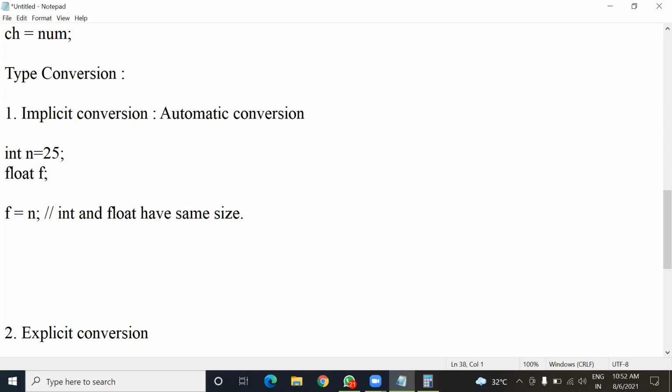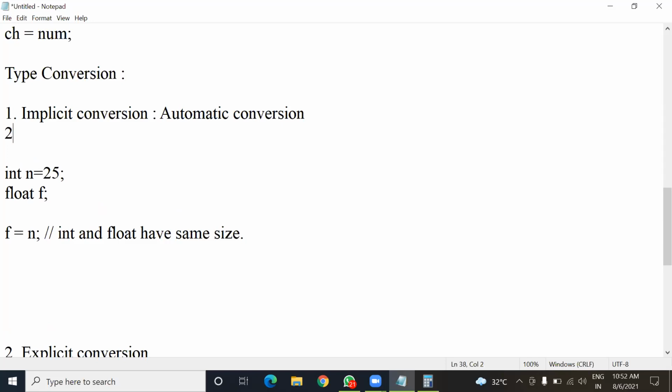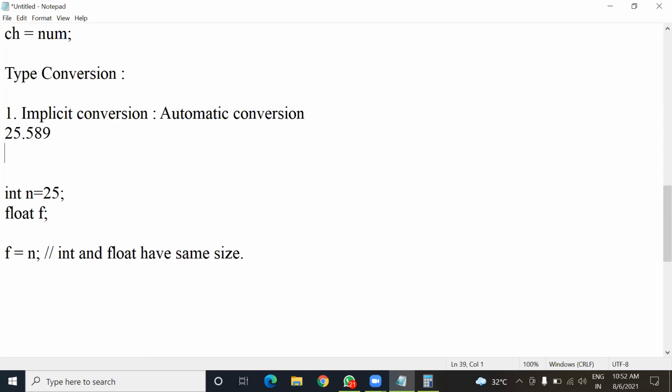So if I write two numbers like this, 25.589 and another number simply 25, which one is precise? The first one, 25.589, because it is considering the fractional part also.